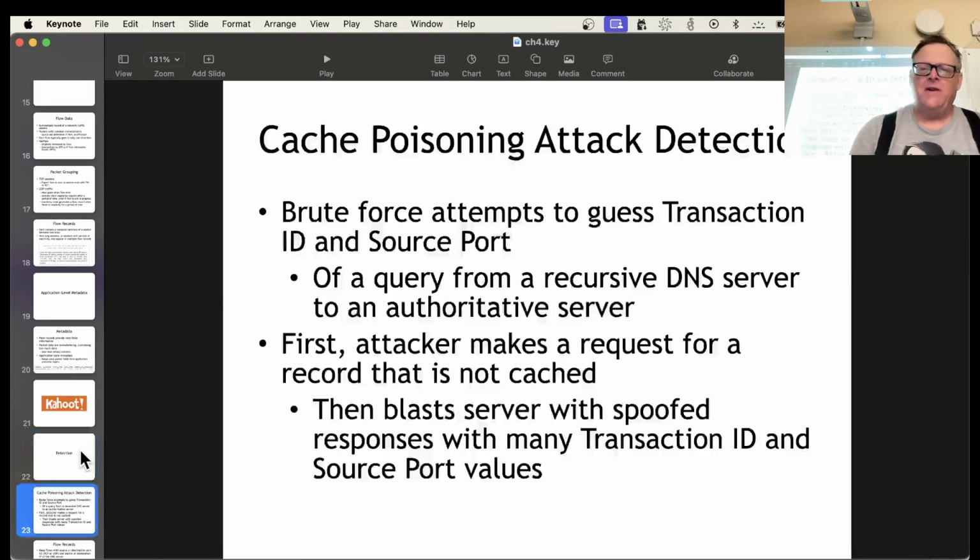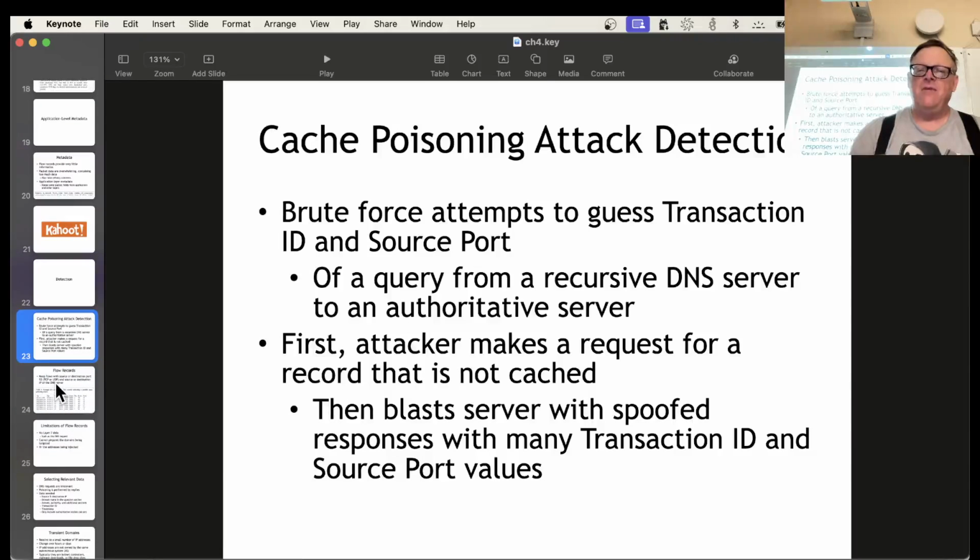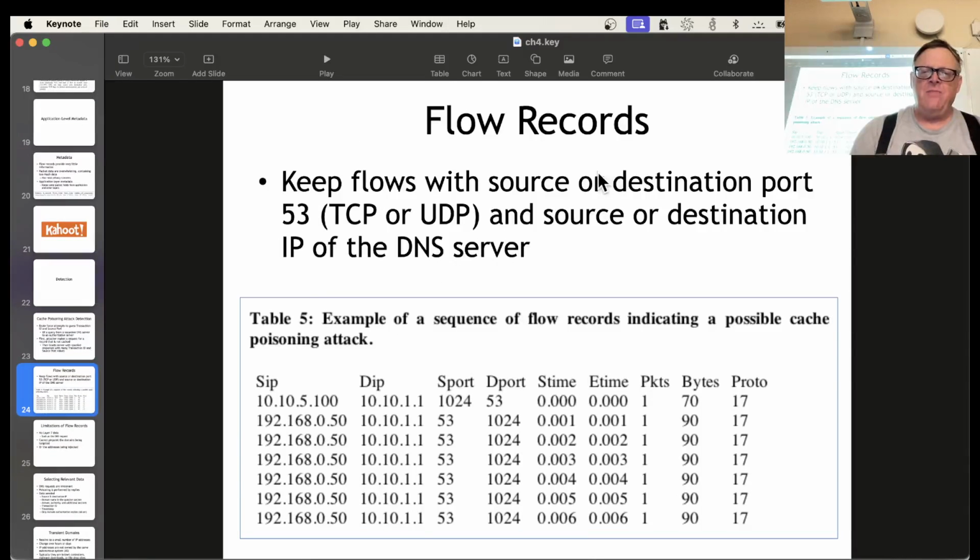So, to detect stuff, if you want to detect cache poisoning attacks, like the Dan Kaminsky one, then you'll see brute force attempts to guess the transaction ID and the source port, so you'll see many, many attempts to send data to a server with different transaction IDs and source ports. The way it works is you make a request for a record that is not cached, then the server will go ask some other server for that information, and then you blast it with many false responses, hoping to get lucky and have it tricked into keeping your false response instead of the real response that is coming from the other server. And so you'd see in flow records,